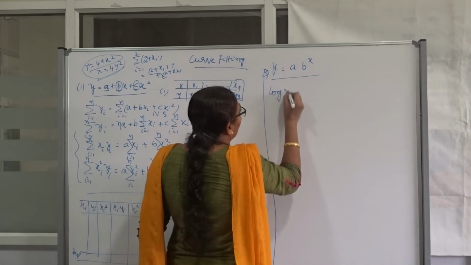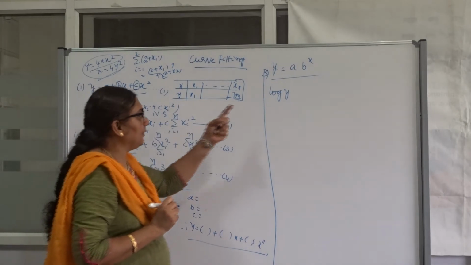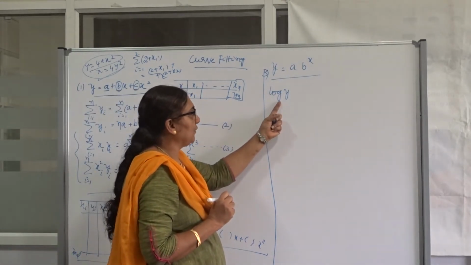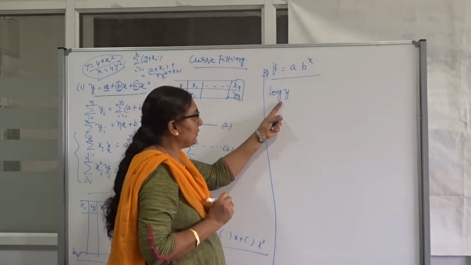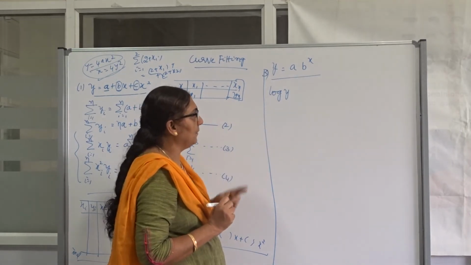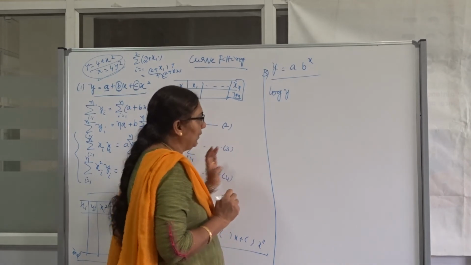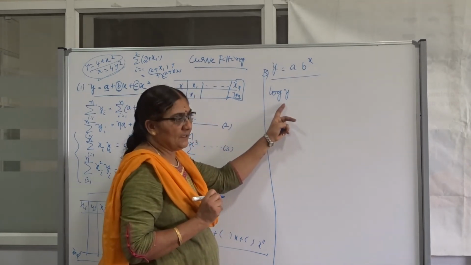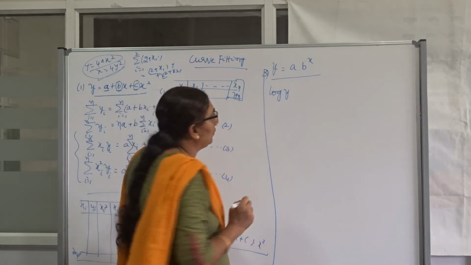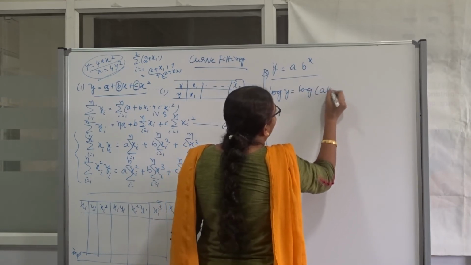Keep in mind, when I write only log in mathematics, it means base e. In the first year we already studied this. Once you write log in mathematics, it is understood as base e. If it is any other base, first you should mention it. Don't confuse this math subject with your optional subject. Now I have written log, meaning base e. While doing calculation also, please use log base e. Or if you want to take another log base, then you mention it. Don't confuse. Okay? Take log on the right hand side: log of a into b power of x.